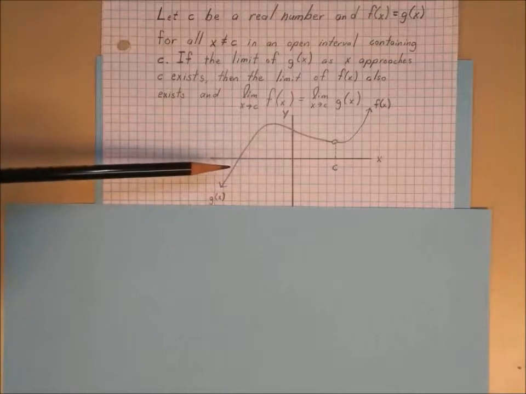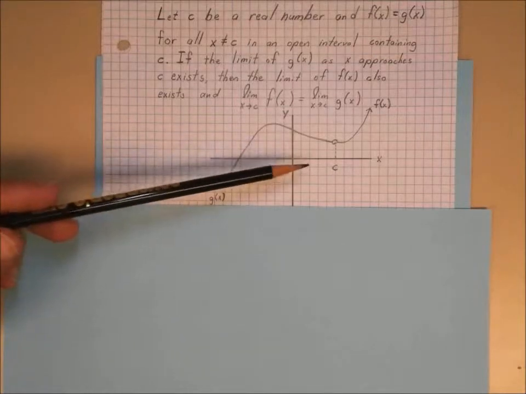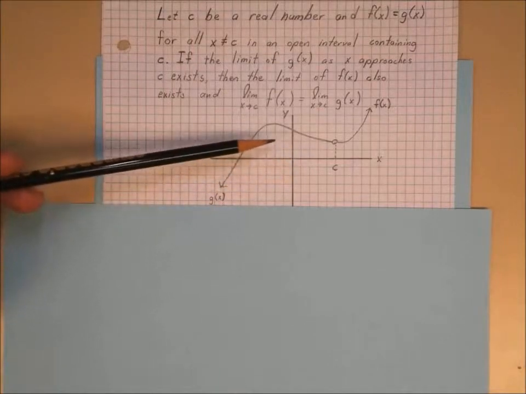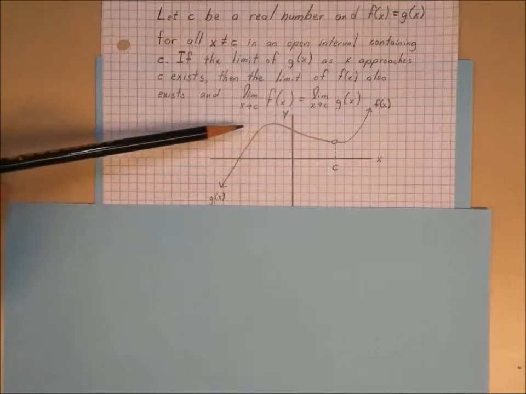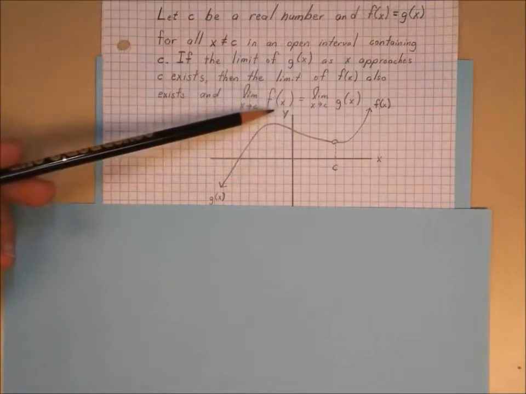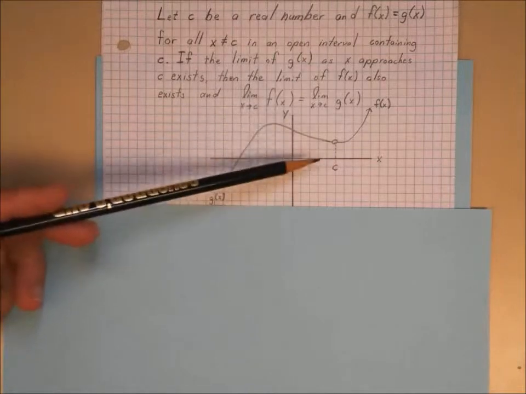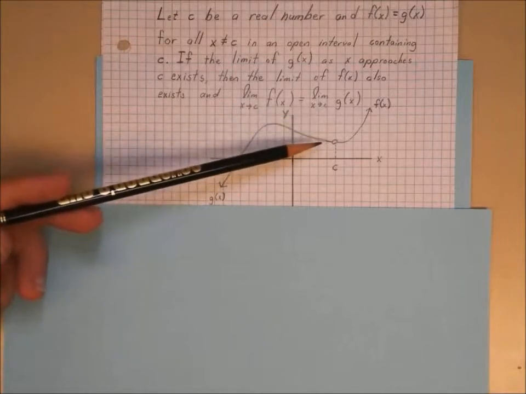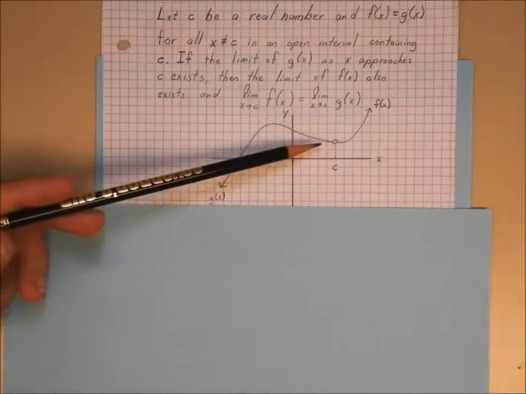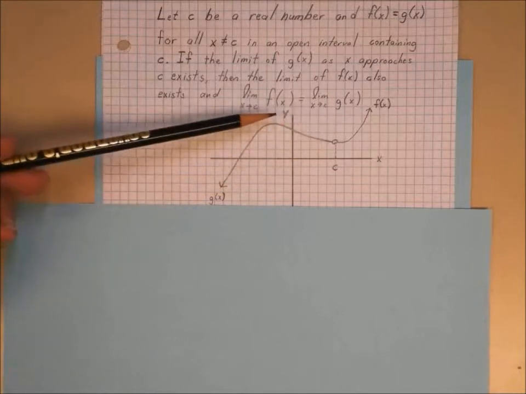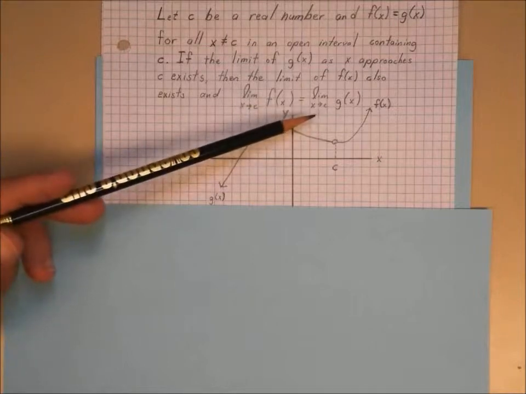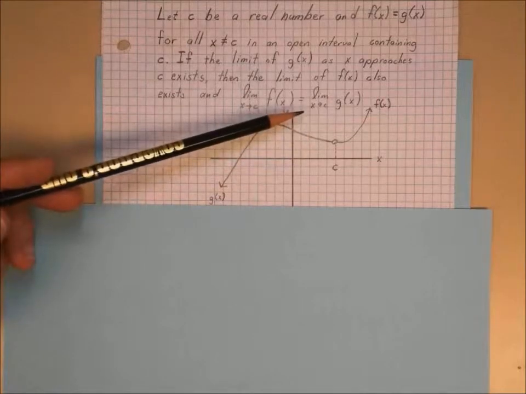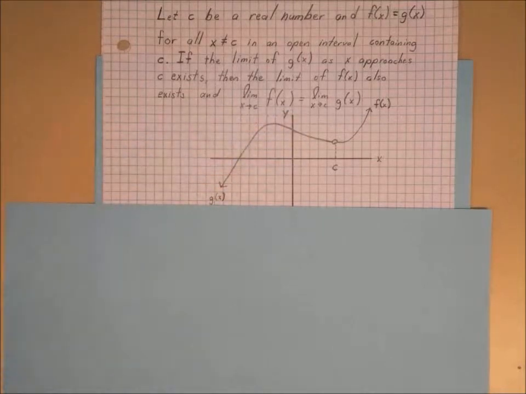If the limit of g of x as x approaches C exists, then the limit of f of x also exists, and the two are equal to each other. So what this means is that if you have one of these with an open circle and the other one with a closed circle, then the limit for both of these functions would be the same. So if the one with the open circle is f of x, and you could simplify that into a g of x, where it's the same except for at that point, then whatever the limit of g of x is, it would also be for f of x. For example,